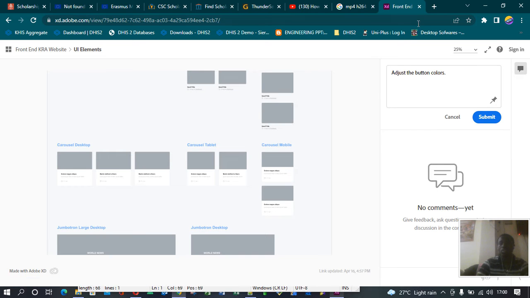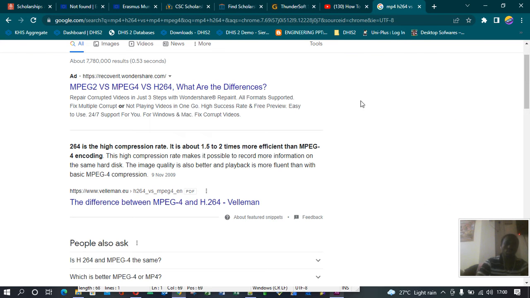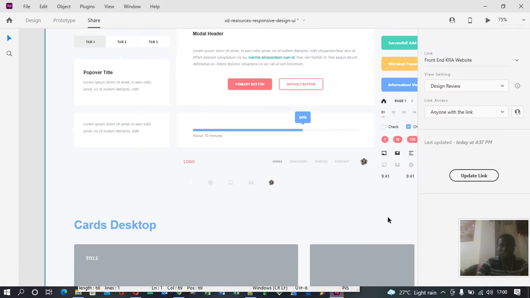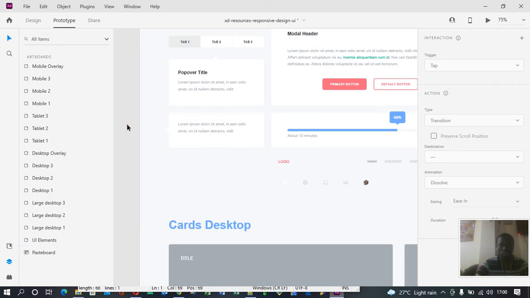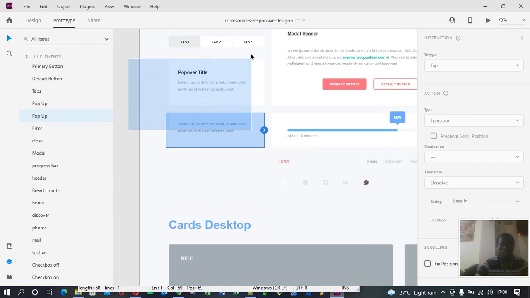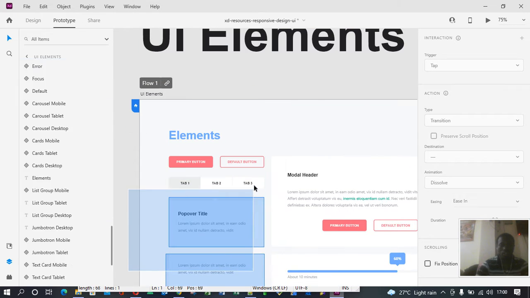Yeah, so that's what an individual can be able to do with the shared link with me. So that is how you can be able to share. About the prototype, all this design is now a prototype when grouped together. So if you want to group every component of your design, like this one here, group it and also make